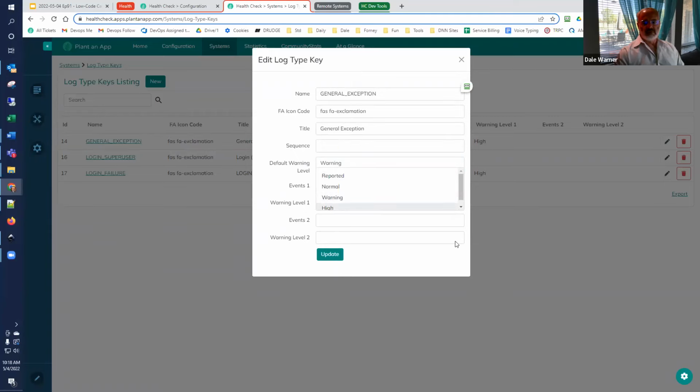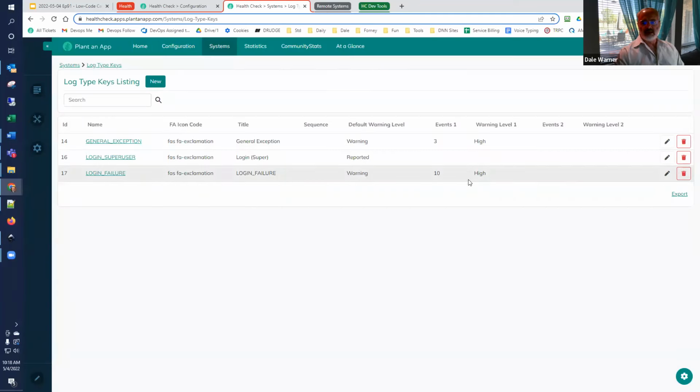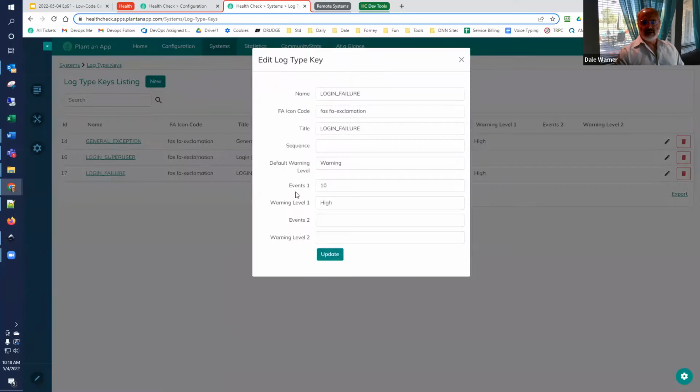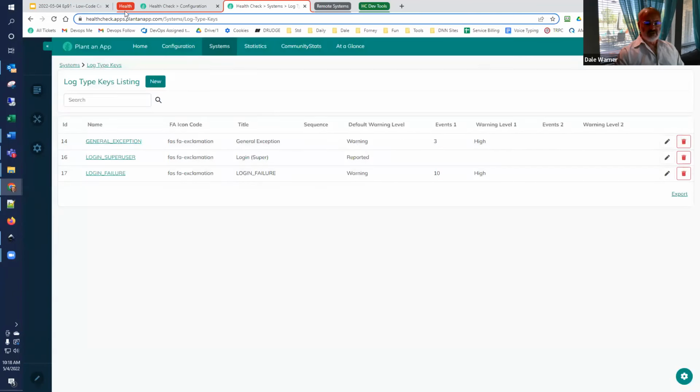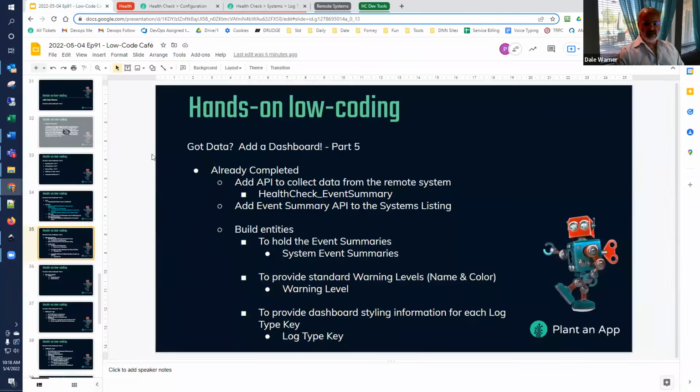But if it gets above 10 or higher, we'll call it high. So this is going to be the data that drives what color things happen. You'll be able to have 3 different colorations: the default, then if it exceeds one level, and then if it exceeds another level. So we'll be applying that. So that's the setup. We have just a lot of places to hold our data, and then we've actually set up colors